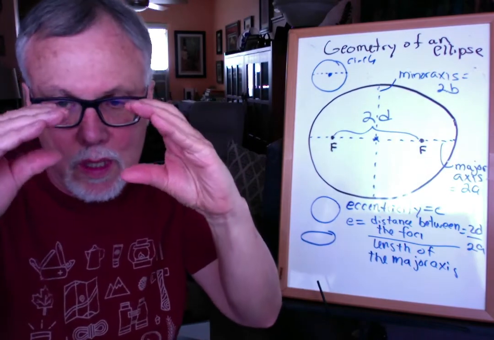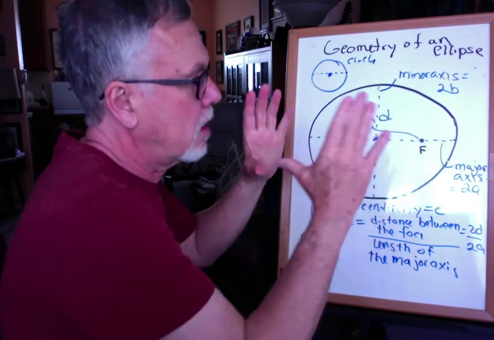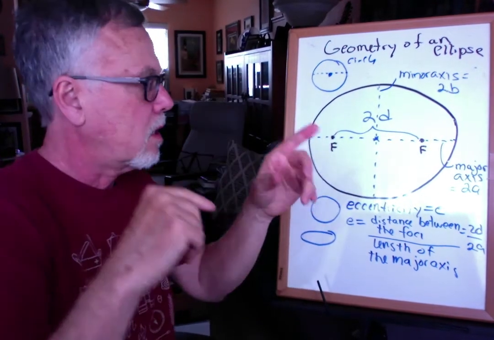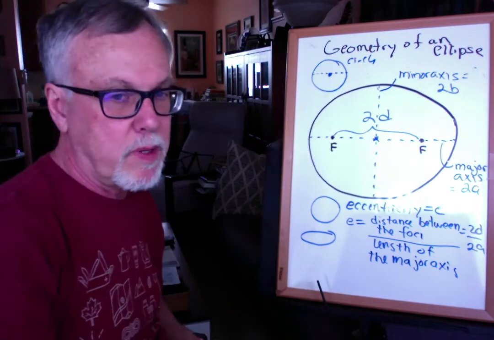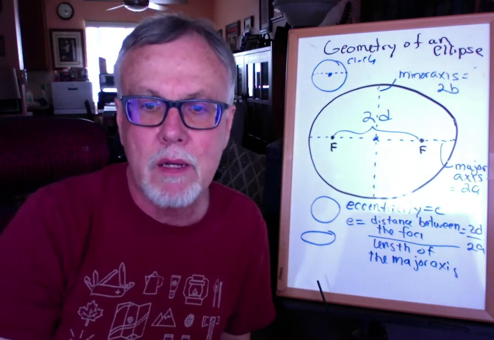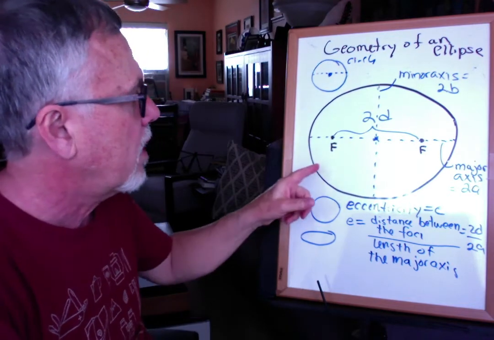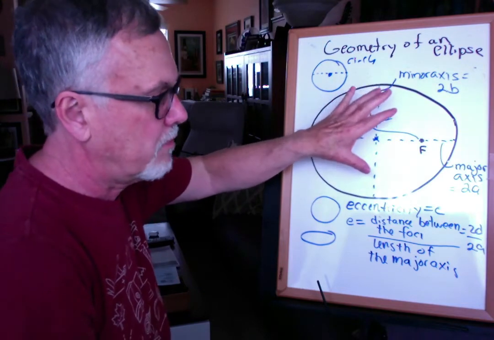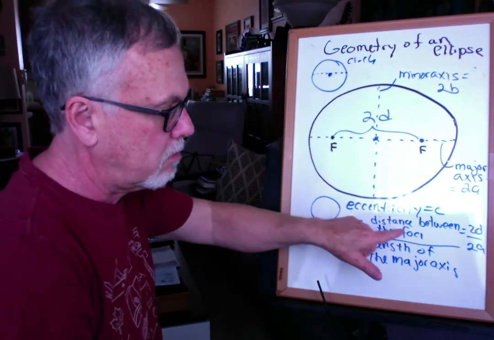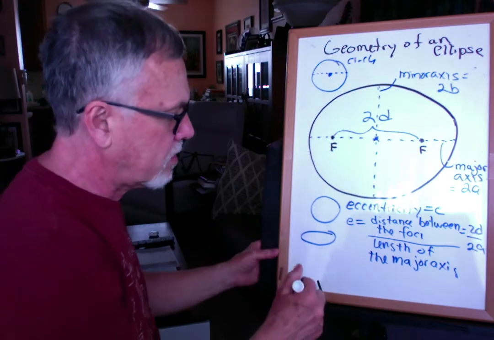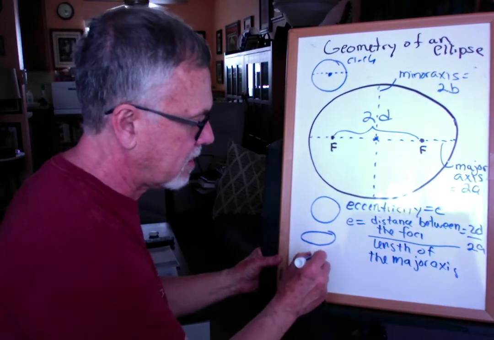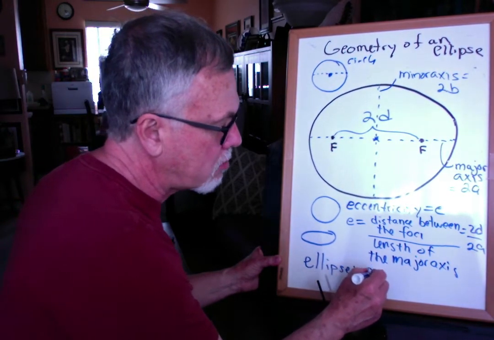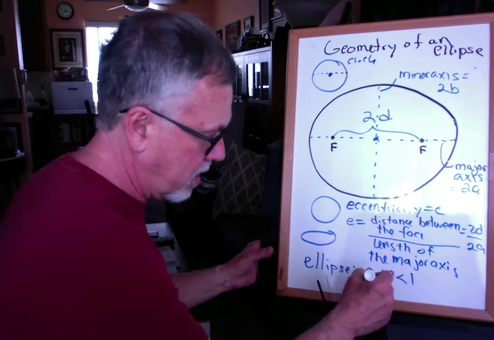And so the more squeezed it is, the further this goes; the less squeezed it is, the closer those foci get together until finally, if I don't squeeze, they'd be on top of one another and would be a circle. If that's not clear, go back and listen to that. So again, that kind of gives you a sense of how squished that is compared to this. And so it turns out that for the ellipse, the eccentricity falls between 0 and 1, but does not include those two numbers.